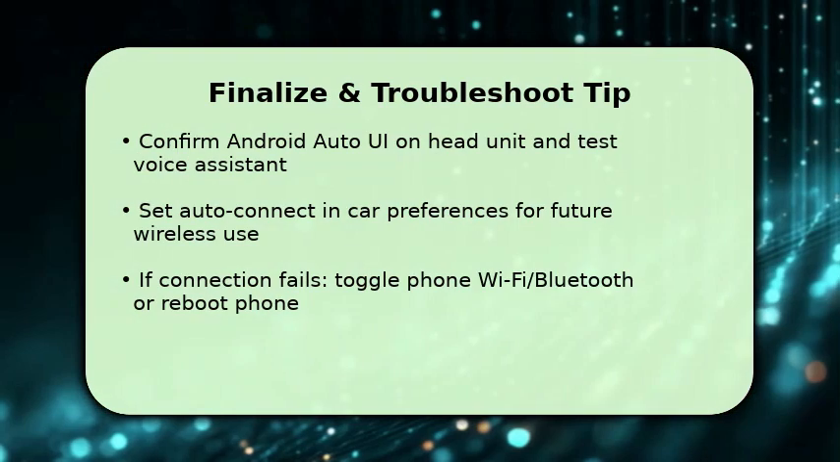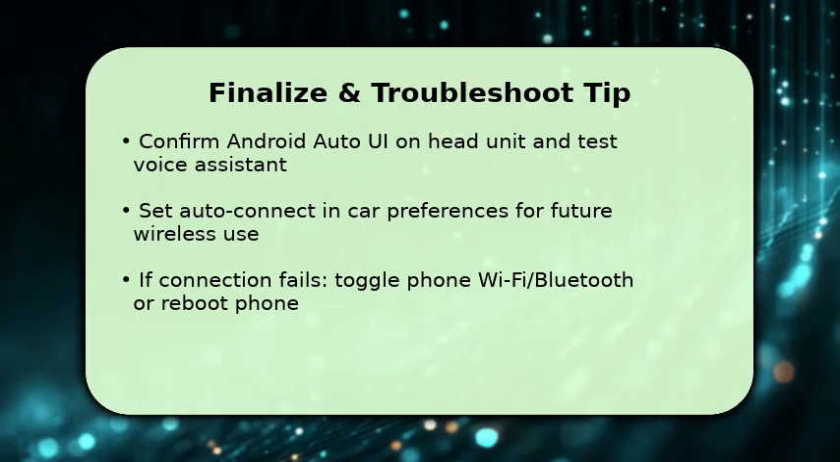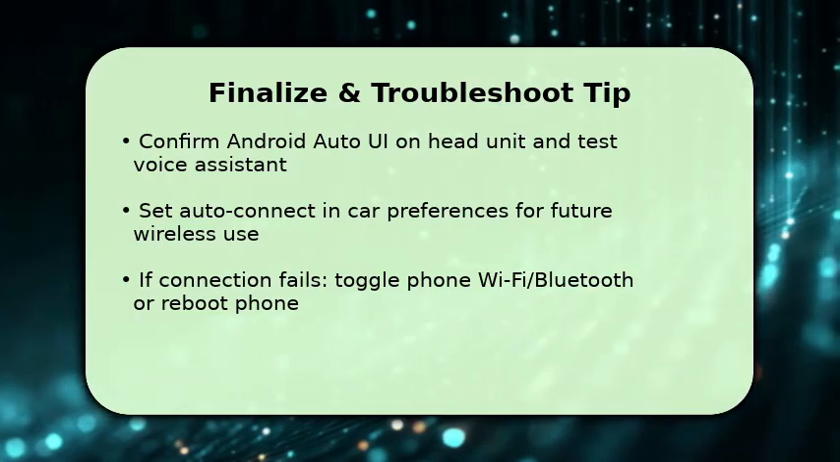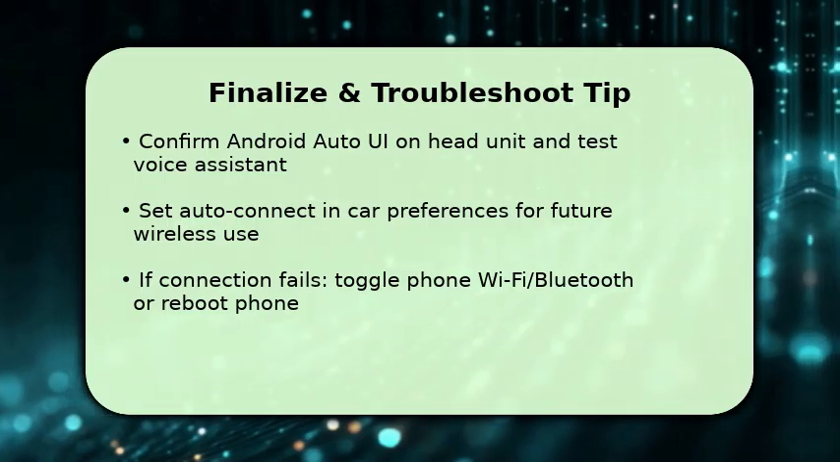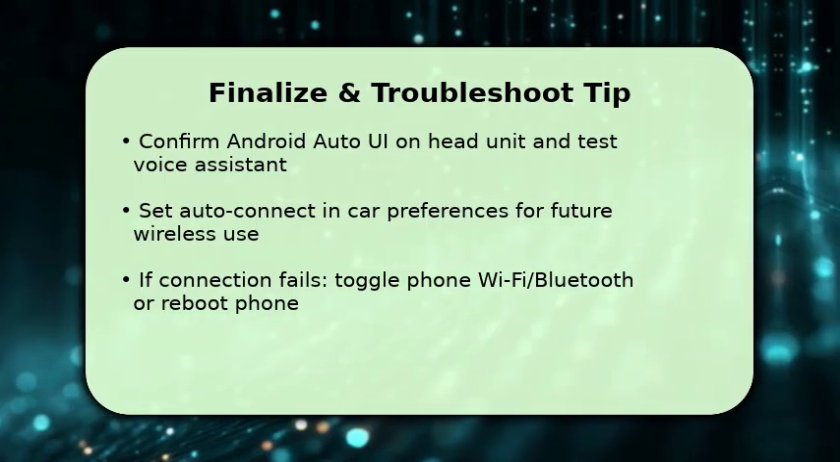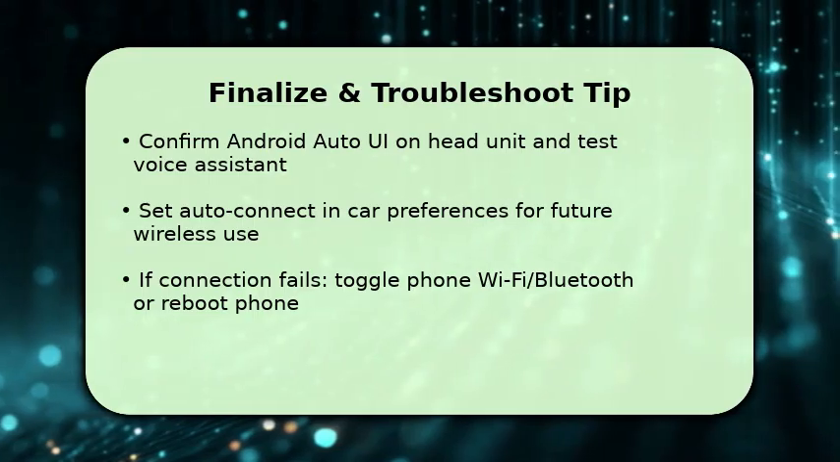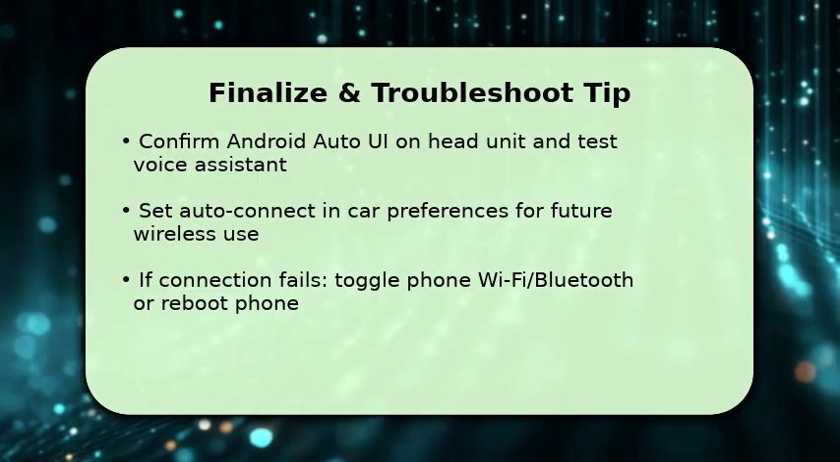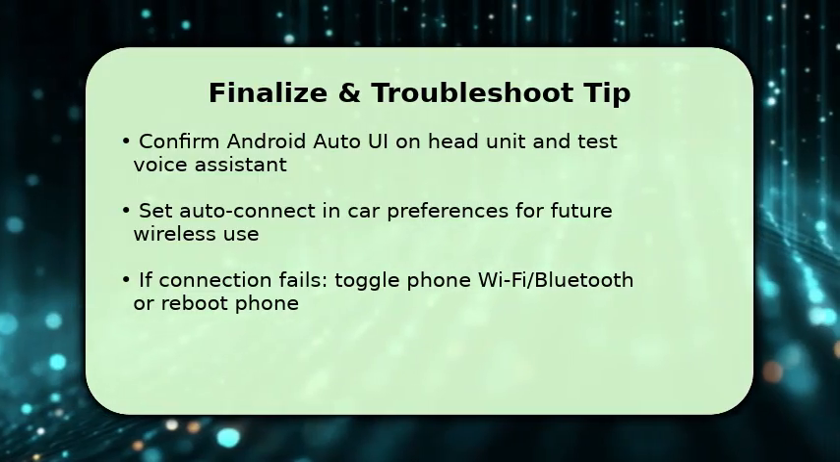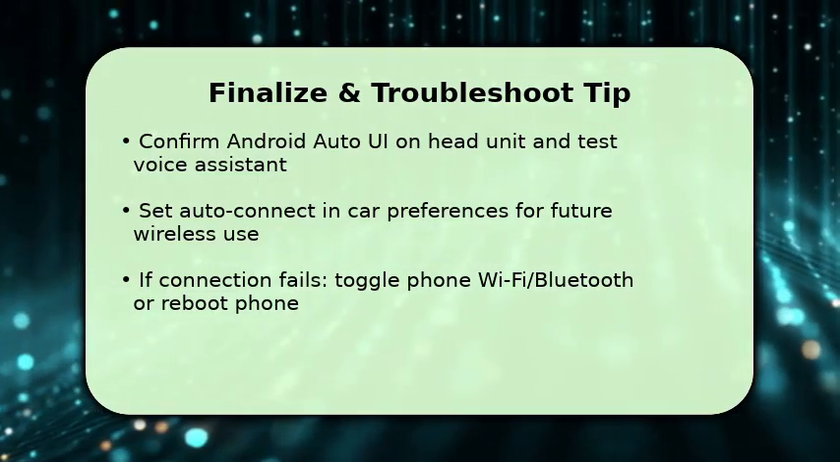cleanly. Once the Android Auto interface appears on your head unit, test a voice command and play audio to verify mic and media routing. Then enable Auto Connect or favorite the paired car in your phone's connected devices so future sessions are seamless. If the connection doesn't complete, try toggling Wi-Fi and Bluetooth on your phone, rebooting it, or unpairing